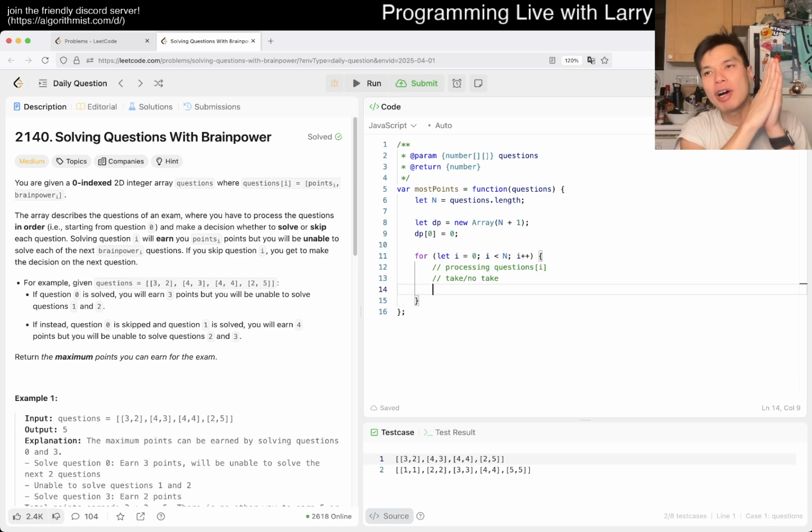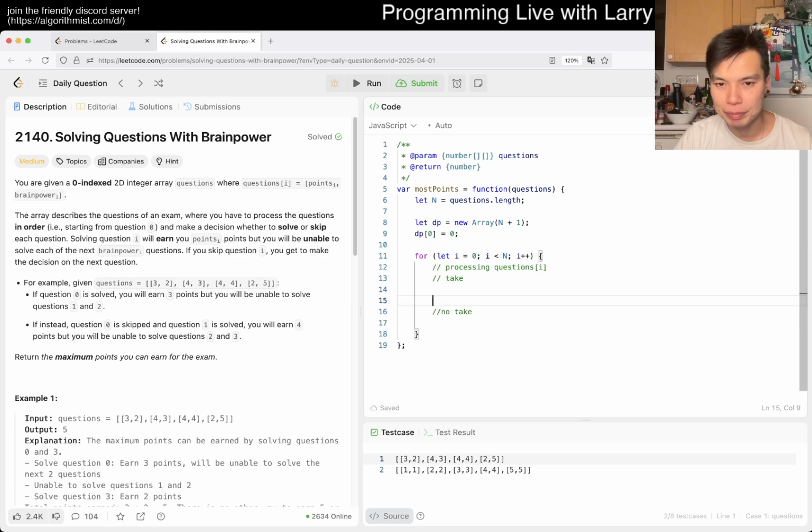I'm at node 0. Let's update all the edges going out. And for this problem, there's only one edge going out anyway. Well, one direct edge, but there's also a smaller edge that is one distance away because you're skipping one problem. If you skip this problem and don't do it, then it just goes to the next edge. So that's basically the idea. So now you have take, no take. Let's separate them out. So if you take this problem, what happens?